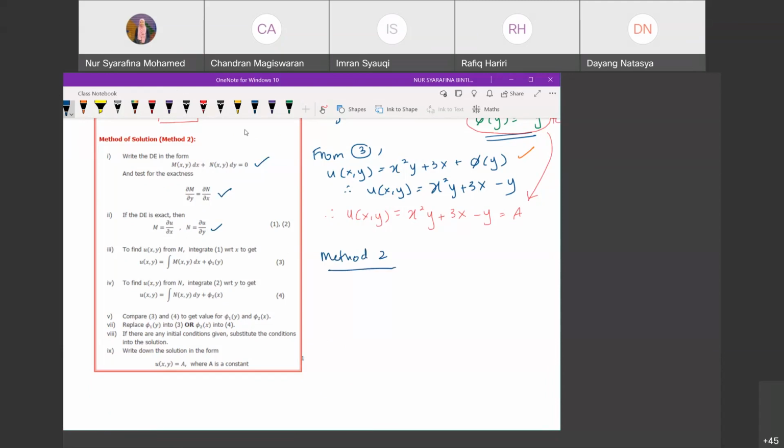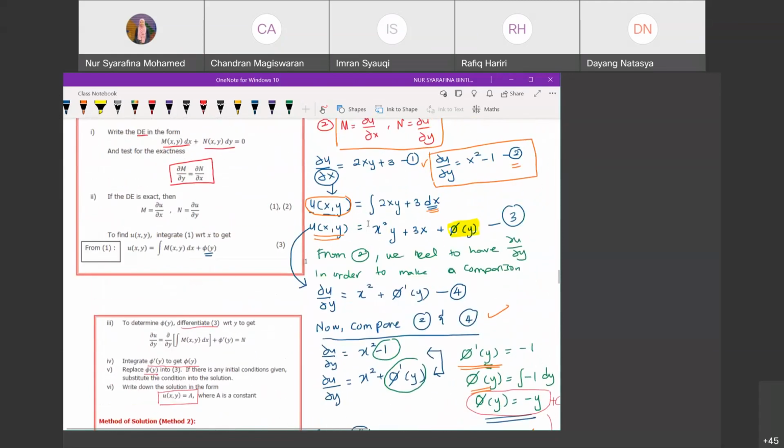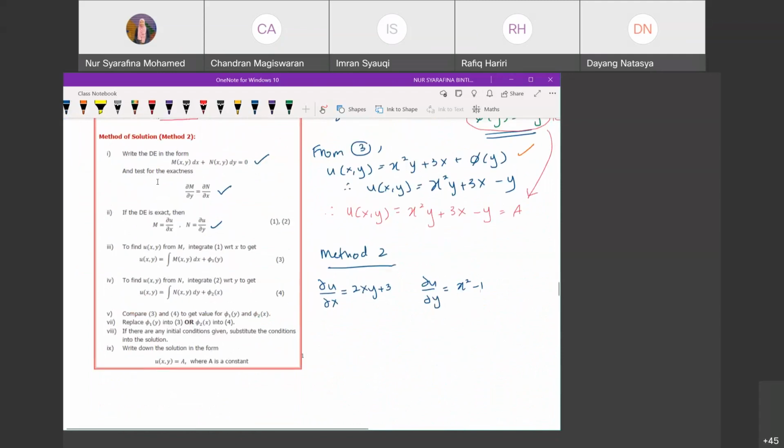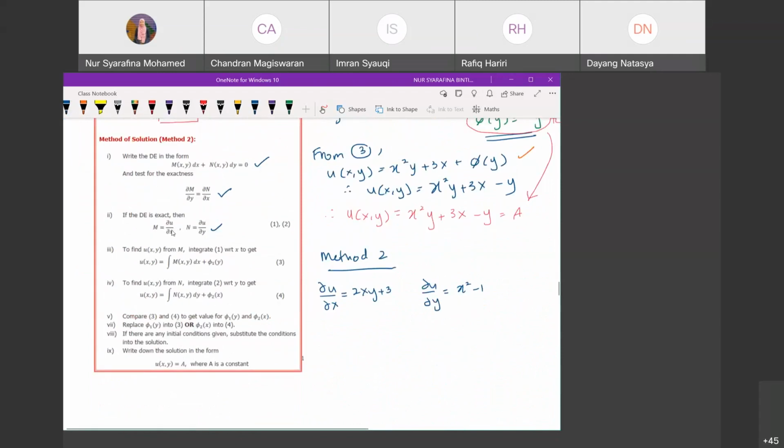Since you know that it is exact, then we can say that del u del x equals M, del u del y equals N, which is 2xy plus 3, x squared minus 1. Okay, I just start with the second step here because the previous step is identical with the first method. Okay. All right, so now from here, what you need to do for method number 2 is